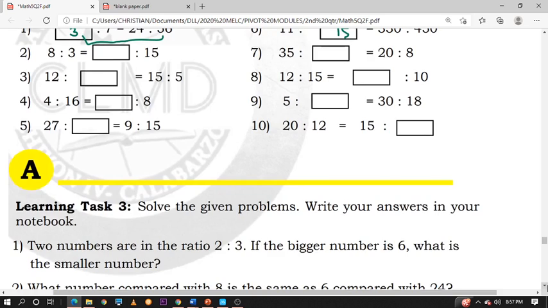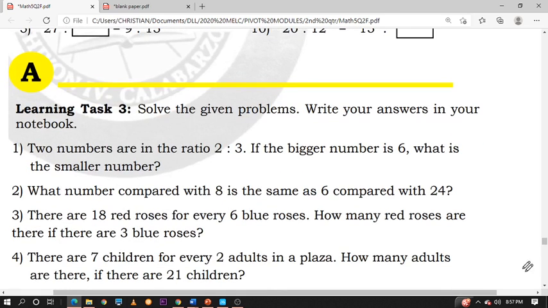Next, we have the learning task 3. So let's solve the given problems. Two numbers are in the ratio 2 is to 3. If the bigger number is 6, what is the smaller number? So kung 2 is to 3 siya, so ano ba yung magiging equivalent ratio natin? Ang bigger number daw is 6. Ano ba dito ang bigger number? Yung